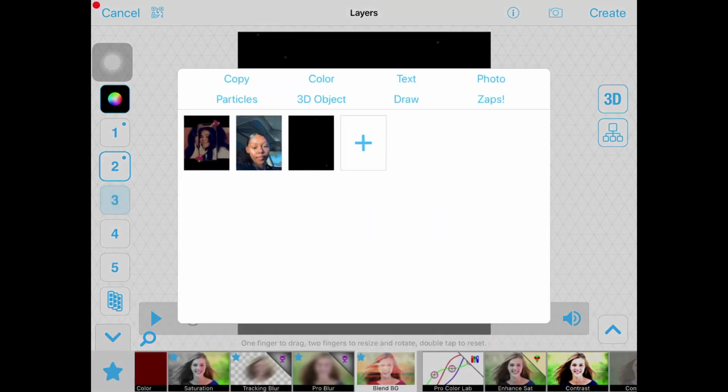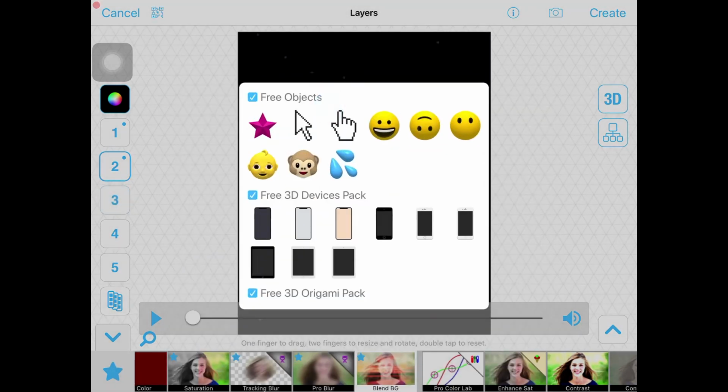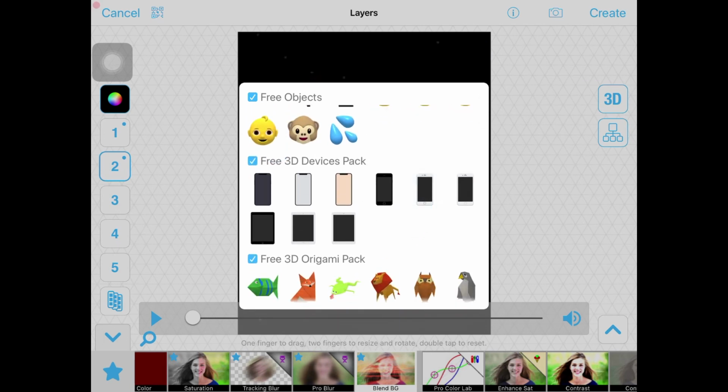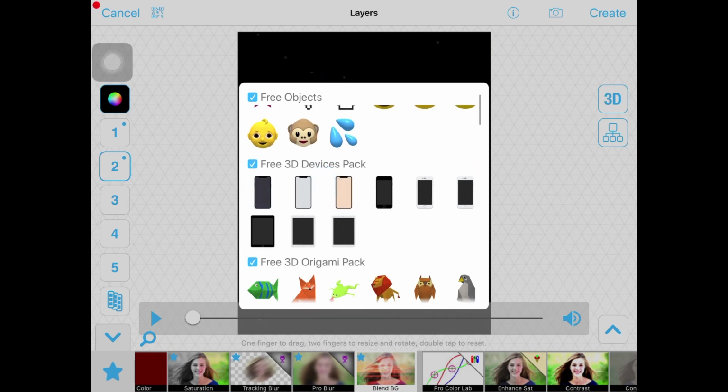Now with layer 3, you want to tap on 3D object, and you have free 3D object, and you have iPhone, and you can choose the iPad, the regular iPhone, or any of the iPhones here. Okay, so I'm going with this one,